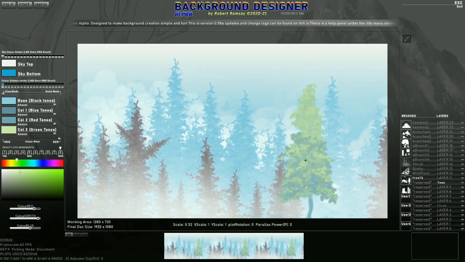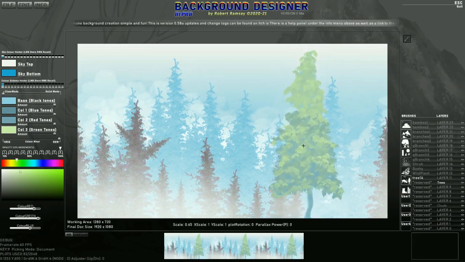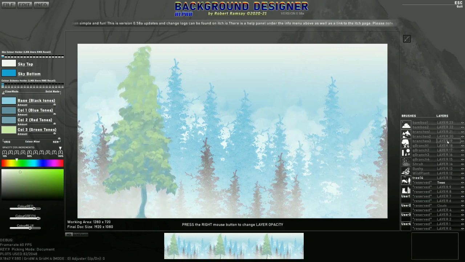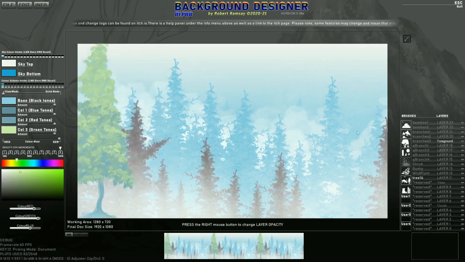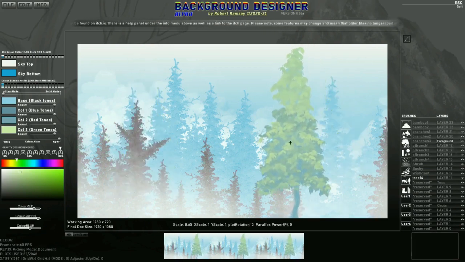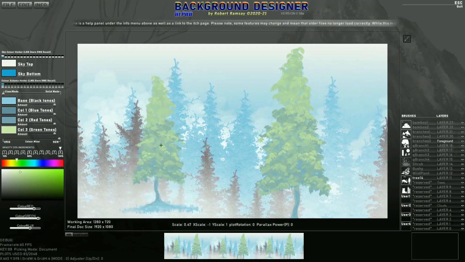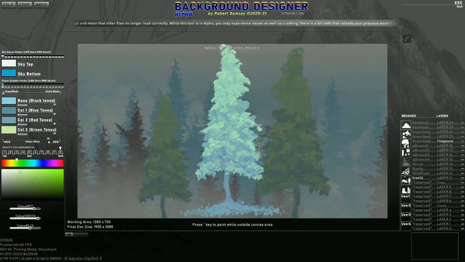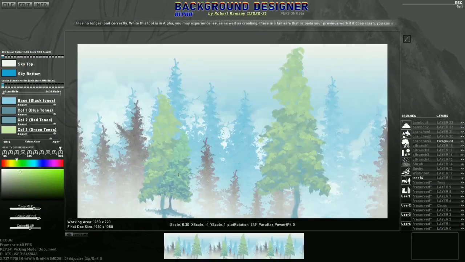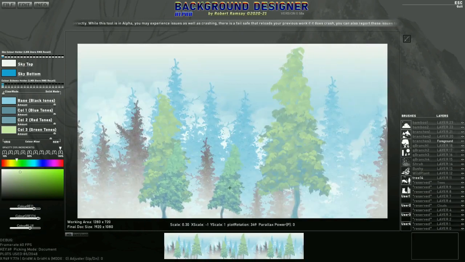Okay, so I can add this into the foreground, make it a little bit bigger. In fact, let's move the layer to a higher number, and I'm going to type in foreground. And make this one a little bit smaller and press X to flip it horizontally. And maybe tilt it a little bit to the right and scale it down a bit more, just to get a little variation there. I do want the tone to be a little bit more contrasty, so I'm just going to pull this down to the left a little bit to get a little bit of a different tone. And that's now the foreground being made,